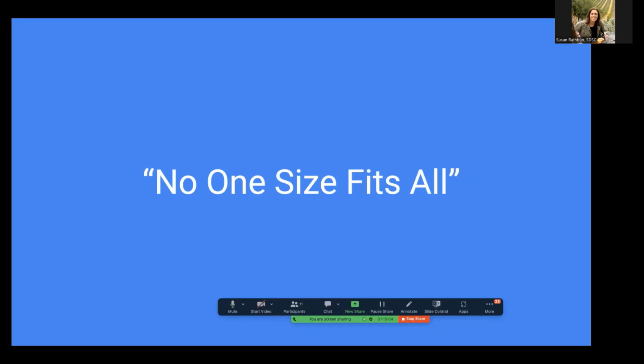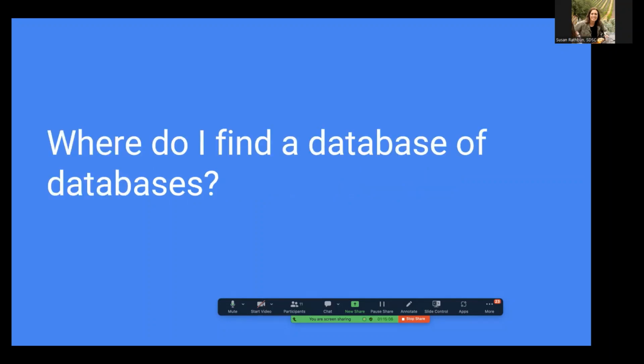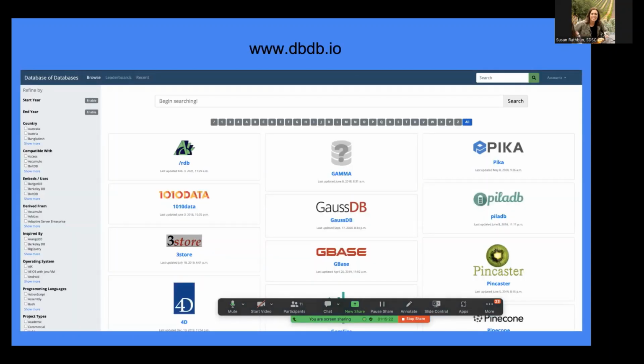So the bottom line is, no one size fits all. So what will we do? Where do I find these databases? If I want to model my application, I need to choose a suitable database. So where should I go and find the database? Yes, there is a website called DB-Engines, db-engines.com. If you go to that website and search,